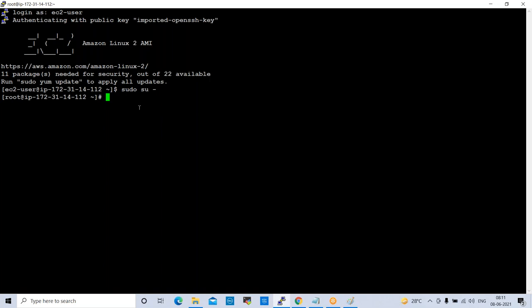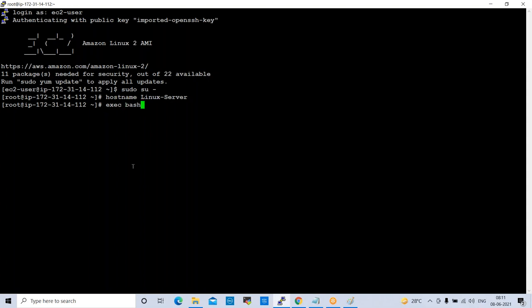Also, if you want to change the name here, instead of using this IP address, you can change the host name to Linux server. Enter. Execute bash.